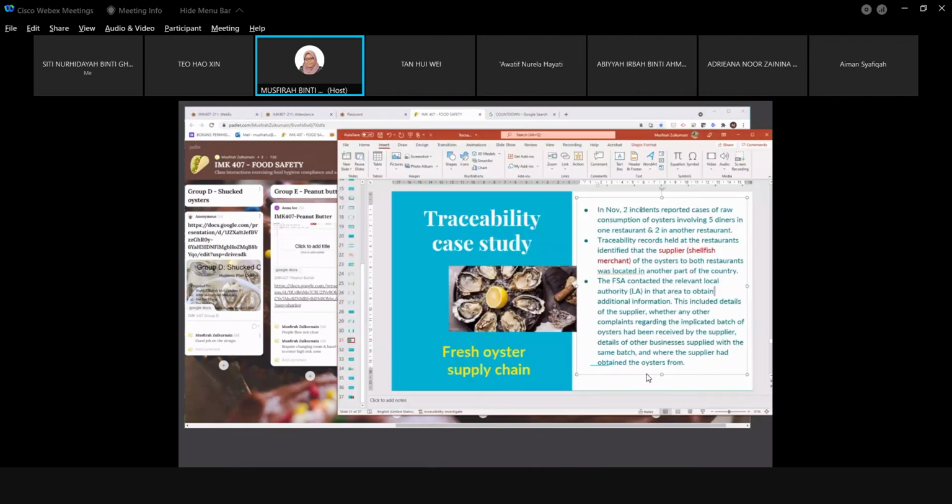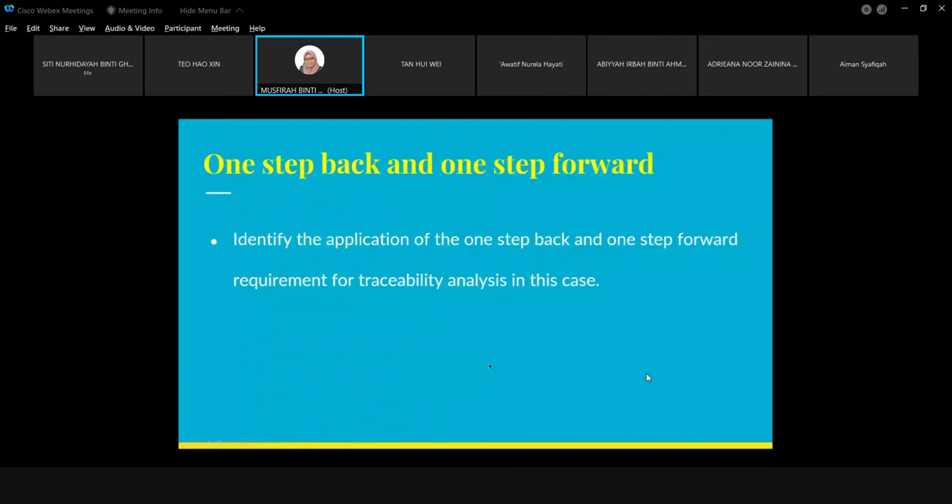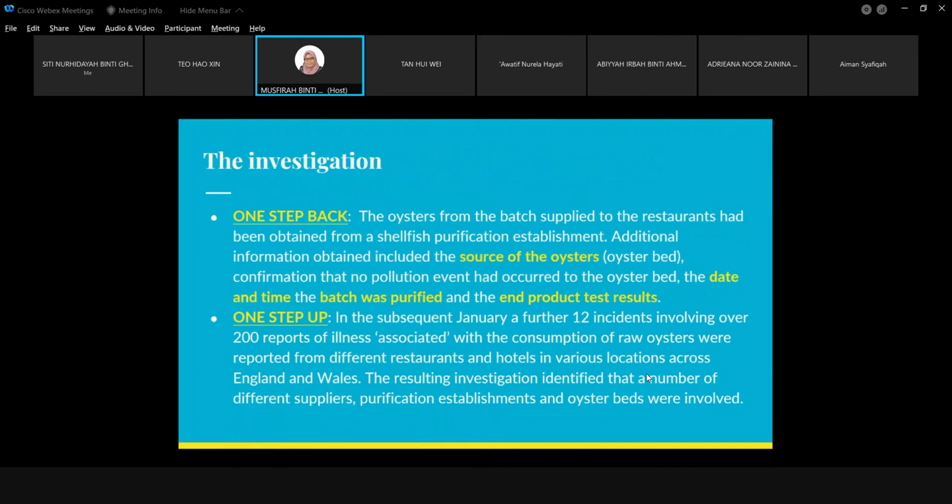for that exercise. Okay, if we look at here, now we look at one step back. So one step back is we see the batch, the supply, like you mentioned, the shellfish purification establishment. Where from there we need to know the source of the oyster, which is the oyster bed. The confirmation whether there is any pollution, either microbial or, for example, heavy metals